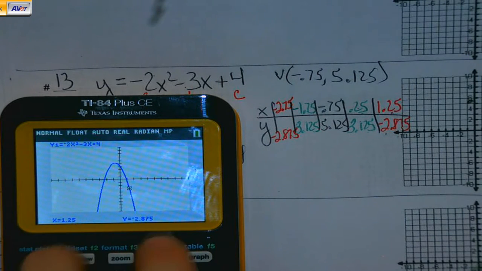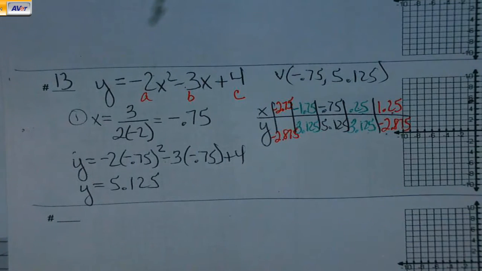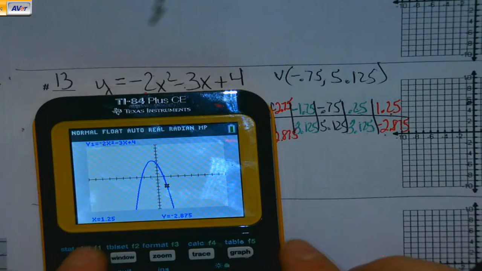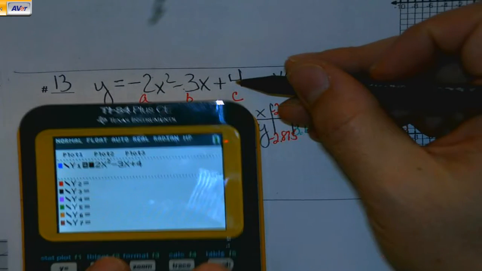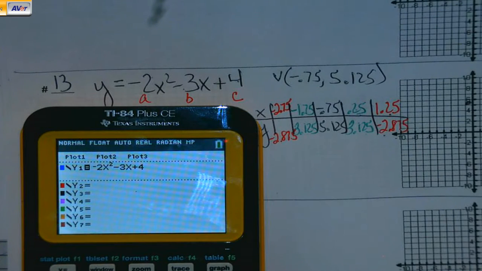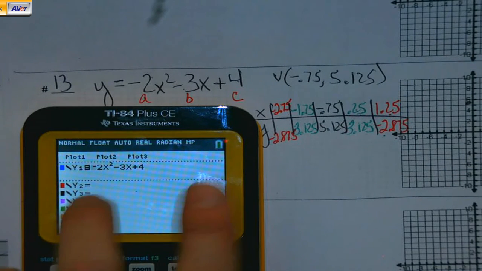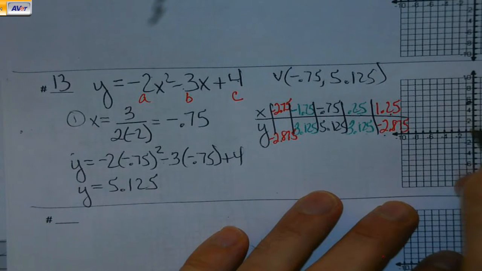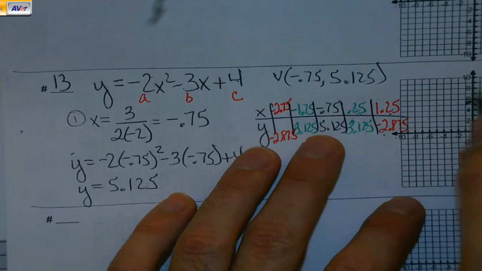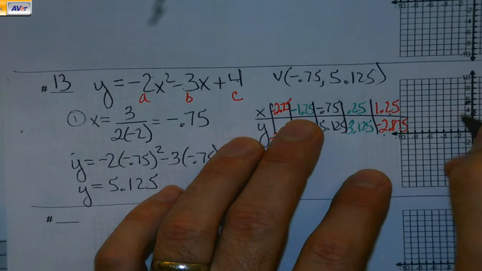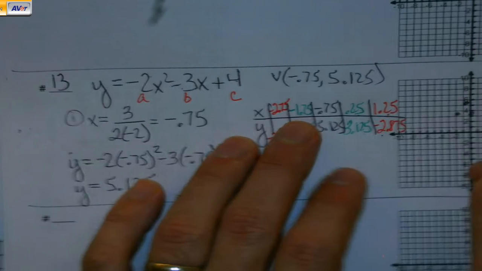So now that I've kind of seen that, I'm like, okay, this isn't quite so bad. I just used the regular old equation that I've got here at the start of my problem in my y equals. And then once I hit graph, and I have the graph there, if I hit trace, I can plug in any x value I want. So if I've made my chart, I can knock it out that way. And so then it's basically just becoming, all right, I need, and it won't be perfect, and I'm not expecting it to be, but I'm going to sort of just guesstimate, let me move this back over here a little,